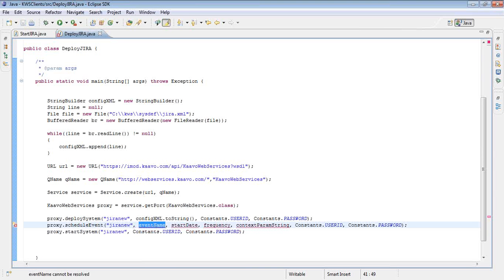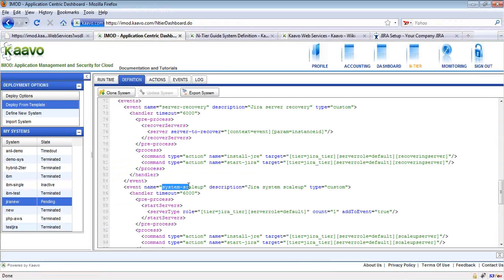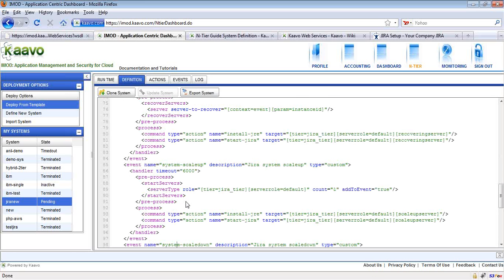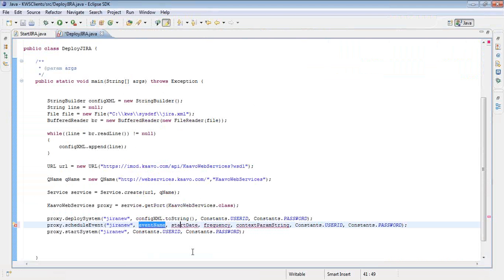Event name is the name of the custom workflow. And let me choose the system scale-up event. And this workflow is responsible for scaling up the system. That means adding extra instances to the running system, as the name suggests. So in the event name parameter, I specified system scale-up.